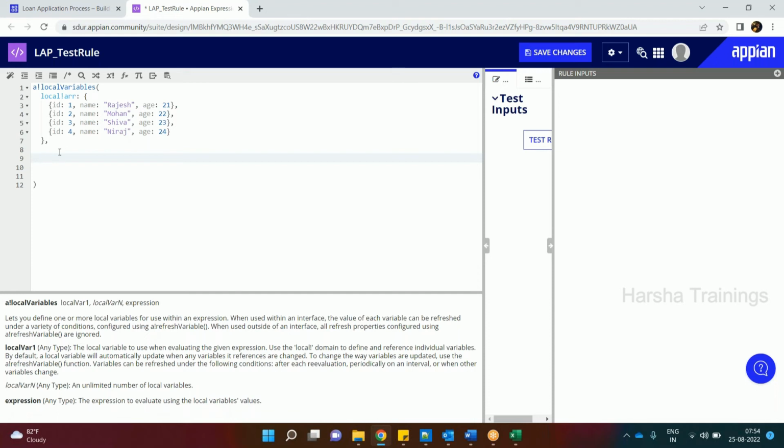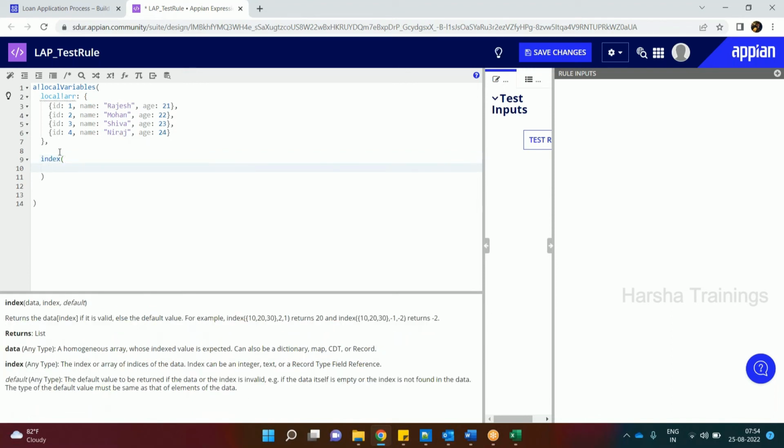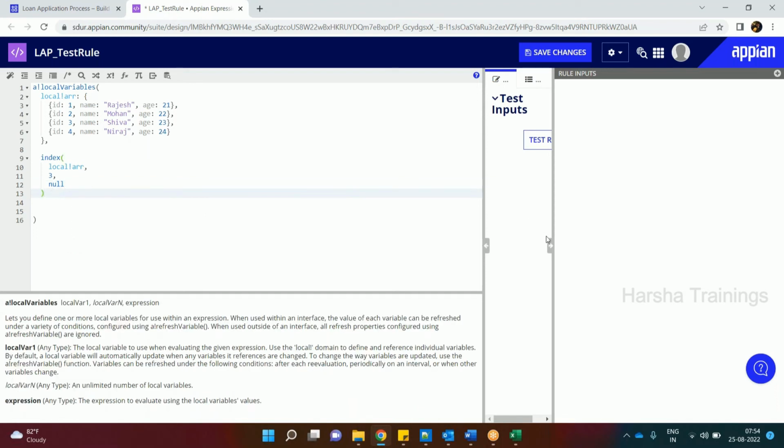So there's a function called index. It requires 3 parameters. The first parameter is the array where you want to traverse, where you want to find the values. The second parameter is the index. What index do you want? As I mentioned, I want the third index. And the default parameter: what if nothing is matched, what do you want to return? Return null if nothing is matching. That's the default parameter. Now if I execute this,